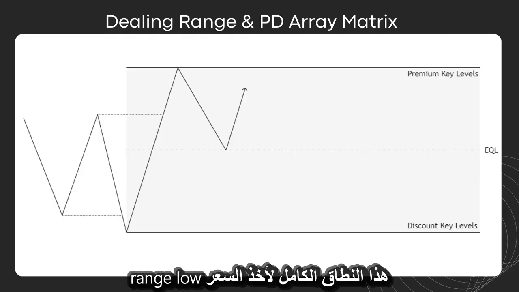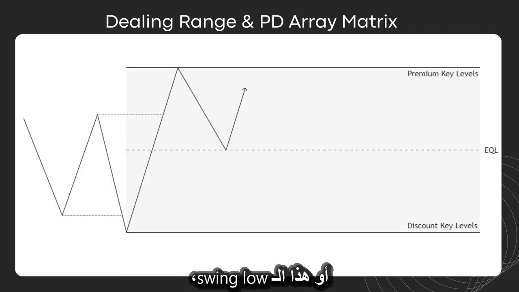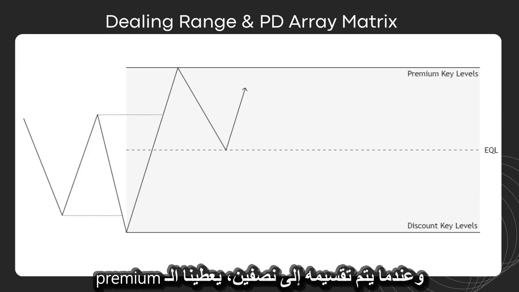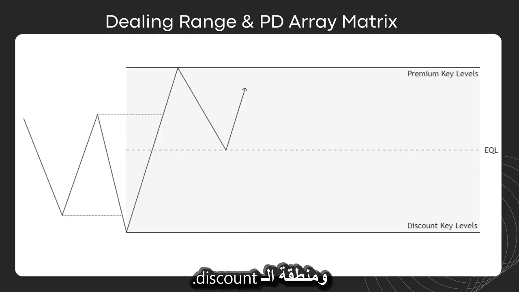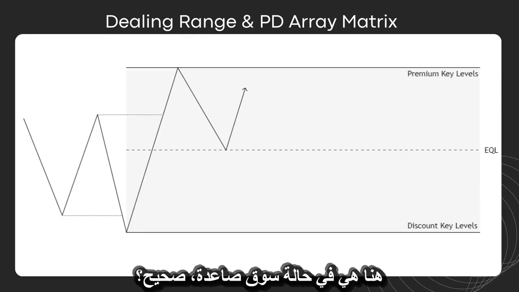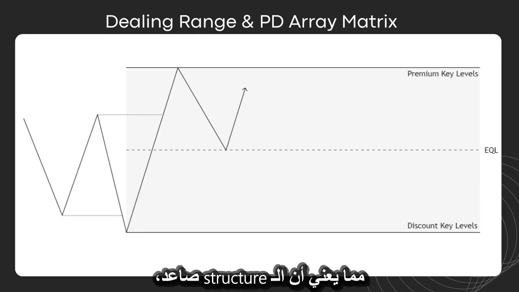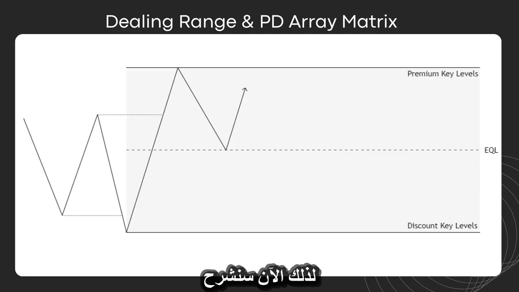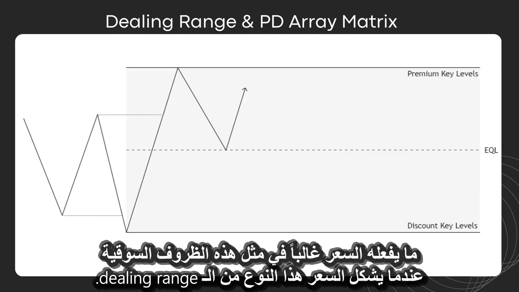Now when this swing ends and stops, that gives us a dealing range right here. This whole range of price taking out the range low or the swing low and then taking out the range high gives us a dealing range, and when this is divided into two halves, it gives us the premium and discount region. As I said before, the case study that we are analyzing here is in a bullish market condition, which means that the structure is bullish, or maybe the order flow is bullish. So now we're going to explain what price often does in such market condition when price forms this sort of